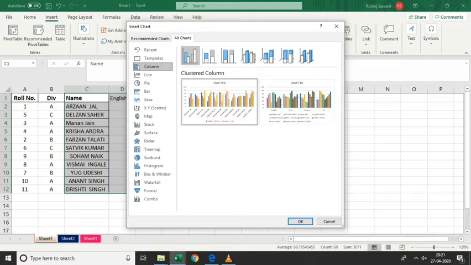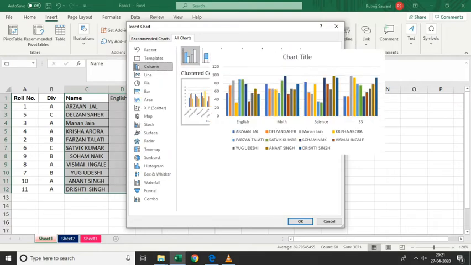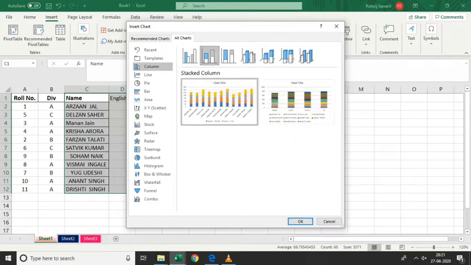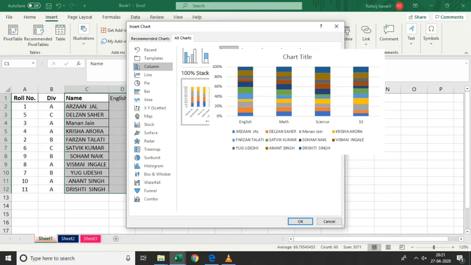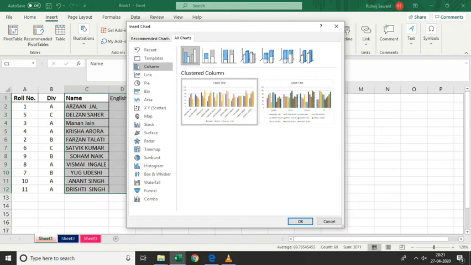So I'm selecting the second option. When you click on this, it will get previewed over here. First I'll select a simple one, and after that I'll explain how to format your chart. So I'm selecting the first option, which is called a cluster column. And when you move the mouse, it will also show you the name of that chart type.